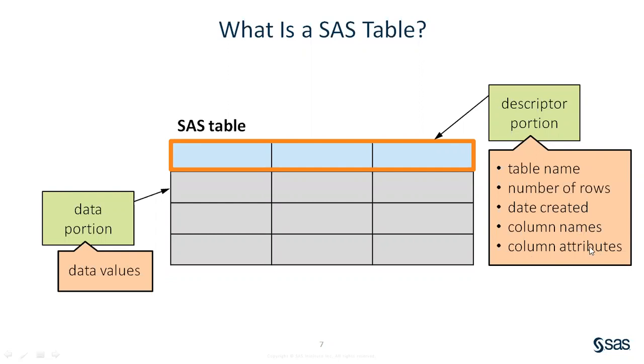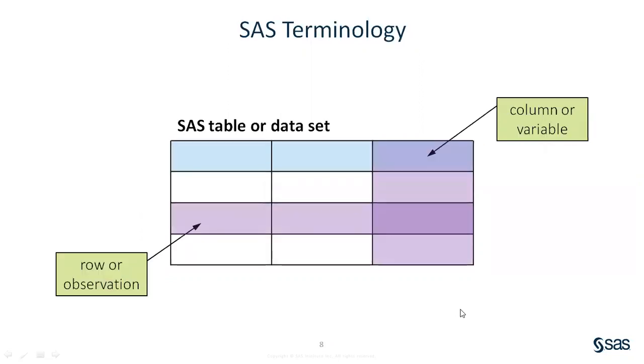When we say column attributes, that means it's describing the columns, that is the names of the columns and the types of the columns, and it also describes whether the columns have labels or formats. So this is the descriptor portion, and the data portion comprises data values. In SAS, the SAS data set is always of two portions, descriptor portion and data portion. It's very important for you to understand these portions and how, as a data analyst, one can view them. We'll see it in our upcoming examples.